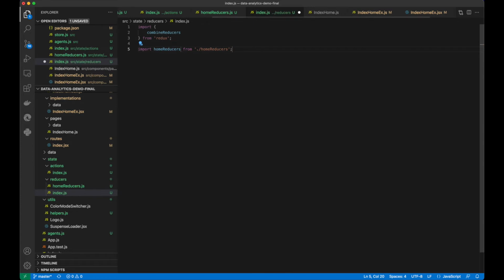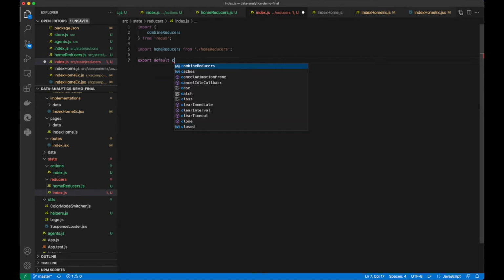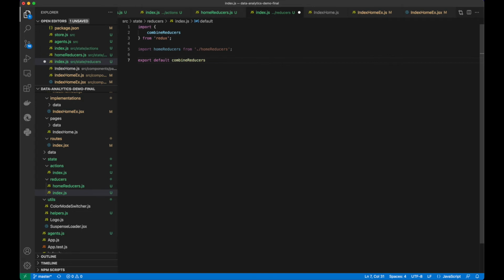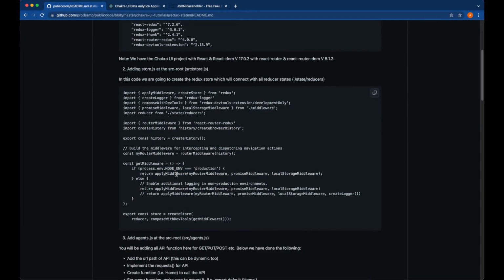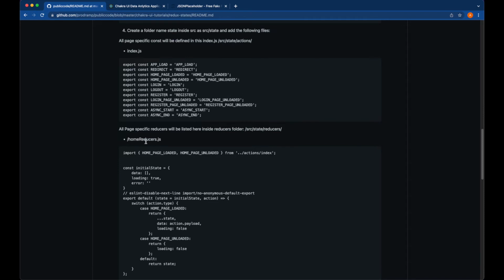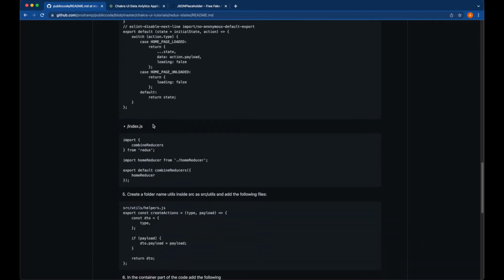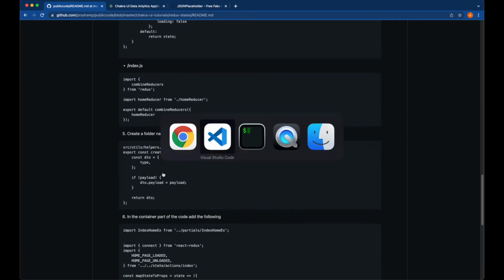Now we need to use that reducer and integrate it here. Import home reducers, and then export default. We are using combined reducers, and we have made sure the home reducer and the index are all added here. So let's take a look at our instructions. We have completed this, added the home reducers, and also implemented the index. Now we can look into the helper